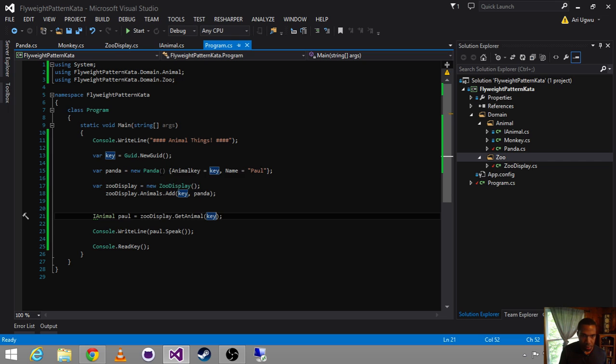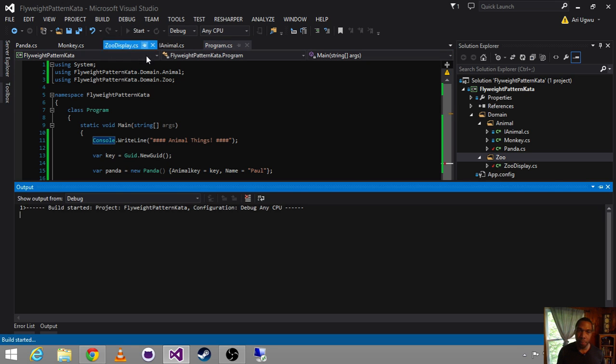And here we demonstrate that by, we've got this closet, right? This is a closet full of stuff, and all we're saying is, I don't even care what's in there. It doesn't matter to me. But when I need something, I need it immediately. And in this case, we shoved a panda in there, and then for whatever reason, we needed the panda back out right away. So let's go and start this.